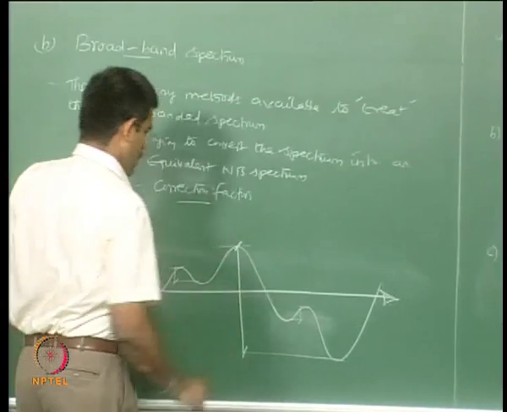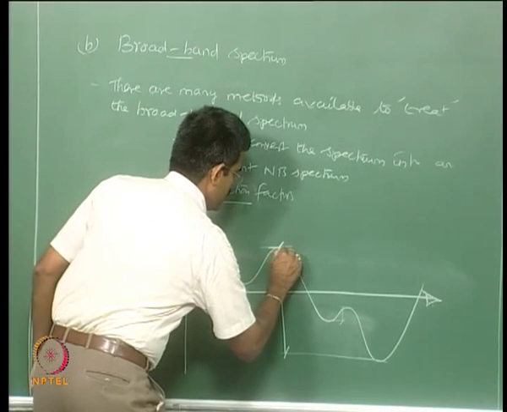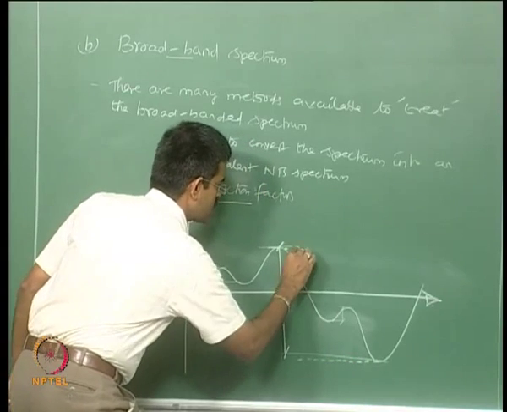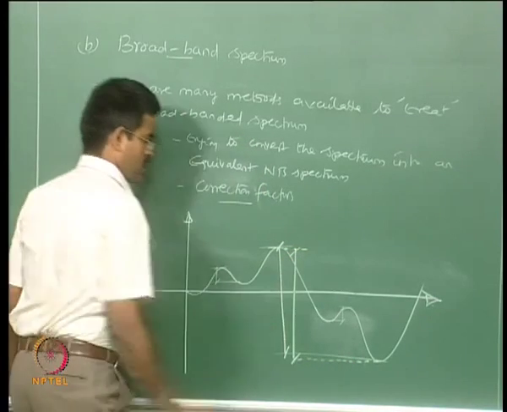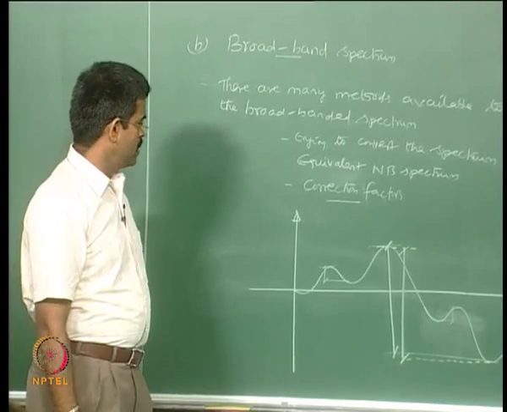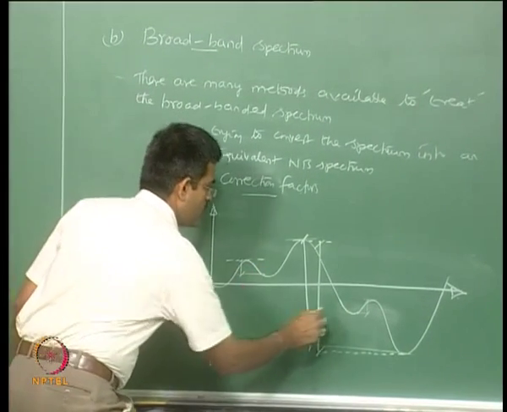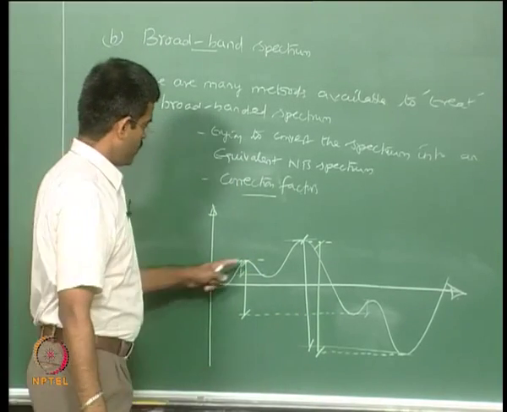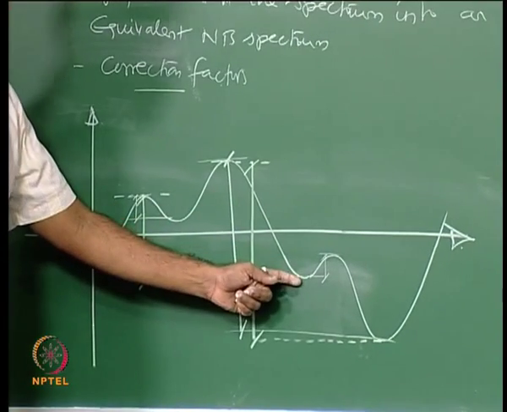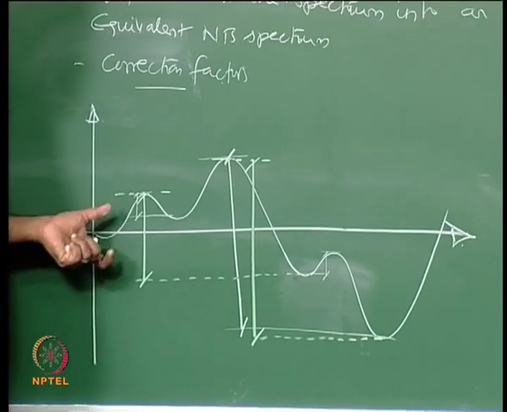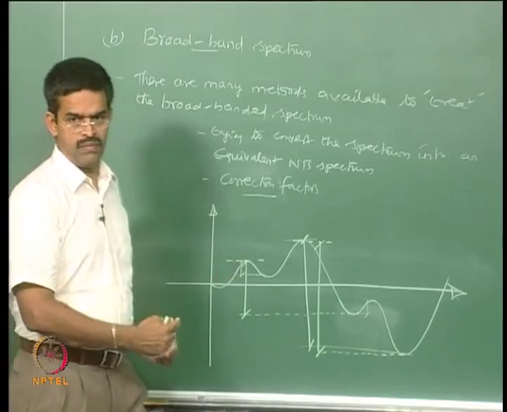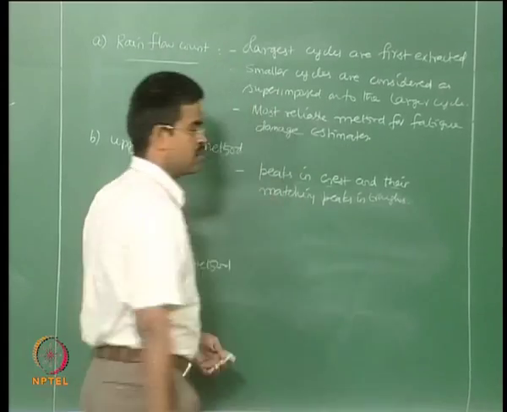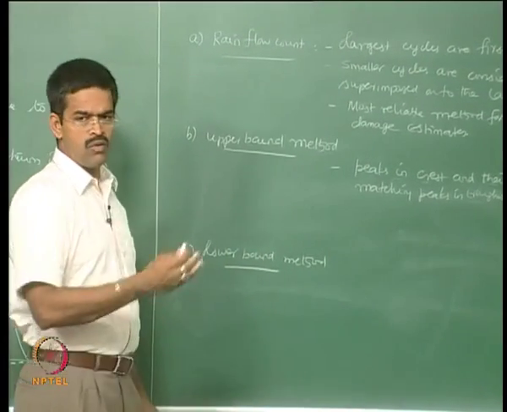Let us say in this case I can say that this and this are approximately matching. So, this can be one cycle, and you can say this value and this value, that is the peak in the crest and the peak in the trough, are matching. This can be one case. So, keep on grouping them. Okay. So, peaks in the crest and their matching peaks in the trough are grouped, and then you can do the cycle counting and do the